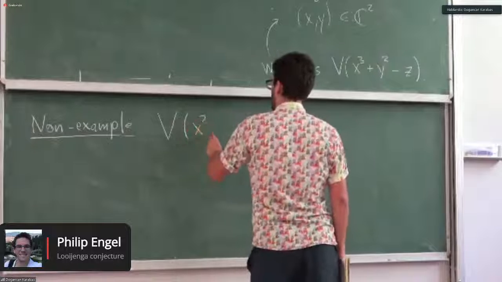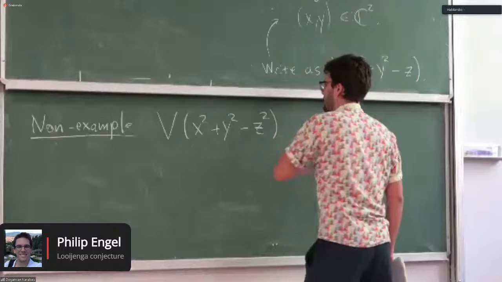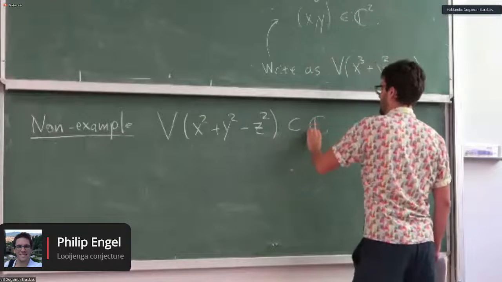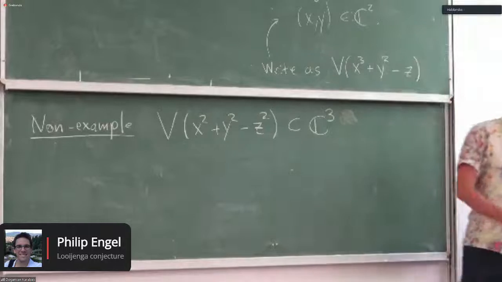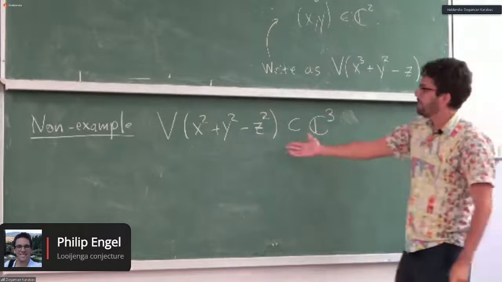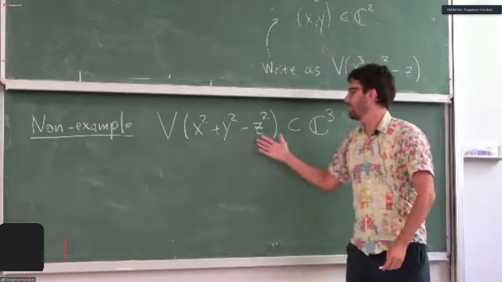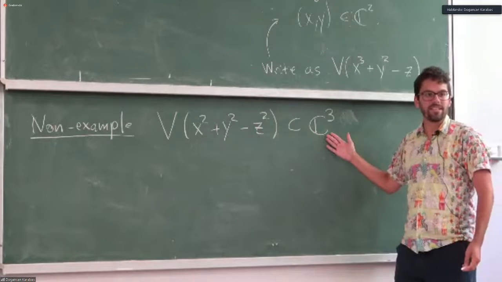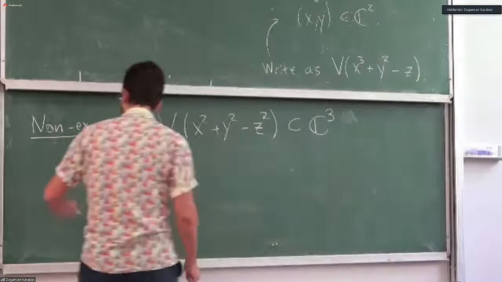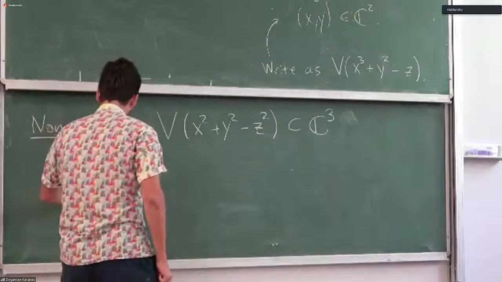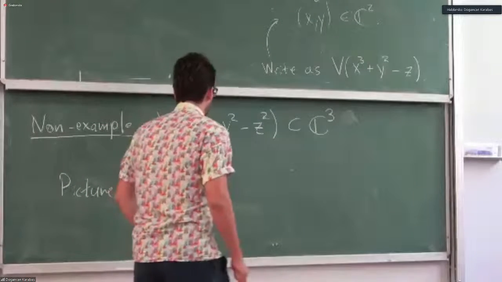of, say, x squared plus y squared minus z squared. So this is also contained in C3. So maybe for visualization purposes, we can think about the solutions of this equation over the real numbers instead of the complex numbers, right? So let's draw the picture. So a picture in R3 instead of C3, well,